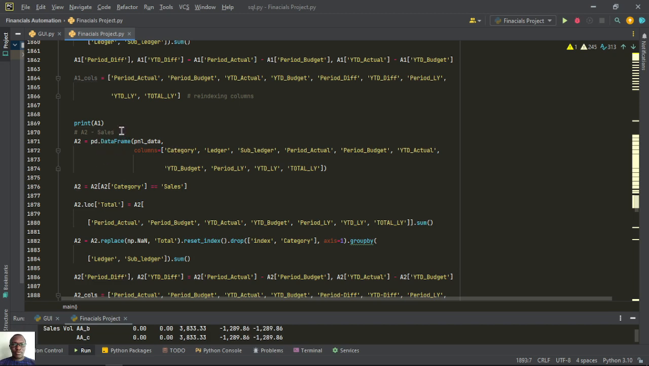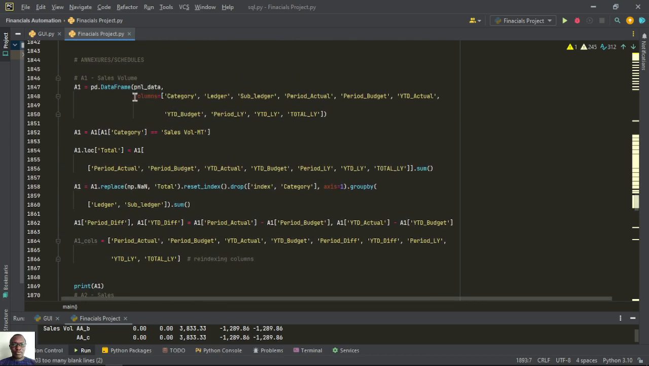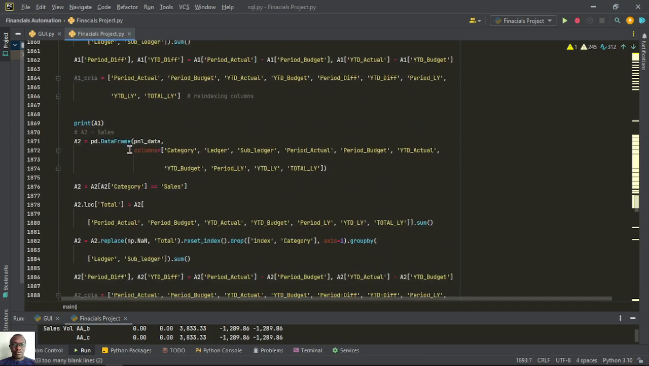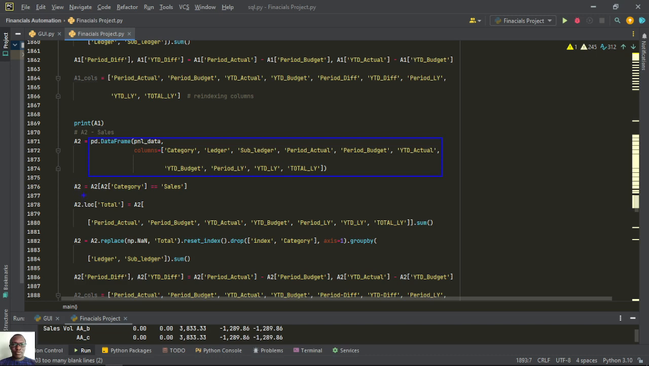So we are saying here that A2 is equal to pd.DataFrame. So the same principle that we used in A1 is what we are using down here in A2. Then down here you're saying that A2 is equal to A2 in square brackets, A2 category is equal to sales. So we are trying to subset data where category is just sales, and then A2.log. So we are getting the total values of the sales